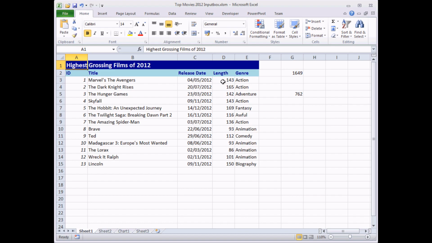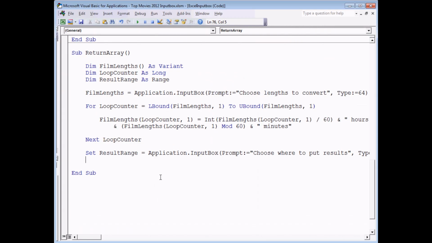Let's say, for example, they've chosen this range of cells to convert, and they choose this cell to put in the results. We actually need to refer to the full range of cells that the results will go into. We can't get away with just referencing a single cell. So back in the VB editor, what we're going to do is reset the result range after the user selected a single cell. We're going to say set result range, if I can spell that properly, result range, equal to